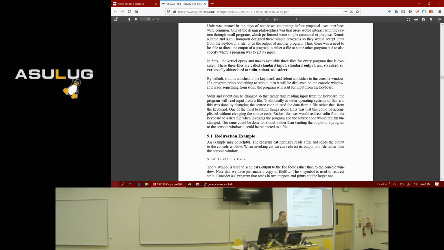when your program starts up, there'll be 3 files that are created by the operating system and they're associated with your program. Those 3 files are referred to as standard input, standard output, and standard error. Standard in by default is attached to the keyboard.